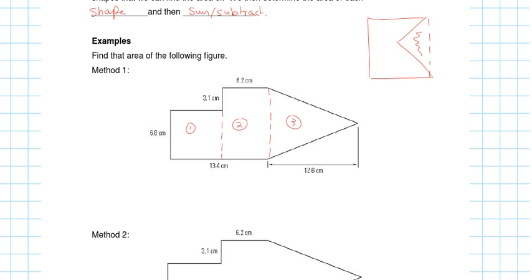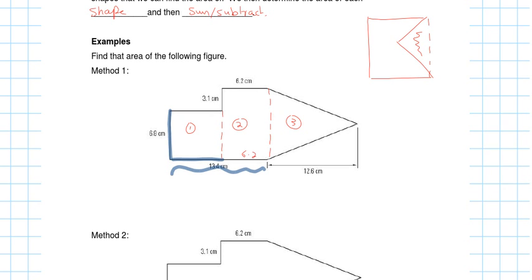For each rectangle. So I know for rectangle number 1, I have this as 6.8, but I don't know what this is, 7.2. Right? How did you find that? 13.4 minus 6.2. Exactly, right? So you know that this whole thing here is 13.4, and you know that this part, which is similar to this part, is 6.2. So you know that this is 6.2, okay? So you're going to have to subtract the 6.2 from the 13.4. You said it's 7.2. Okay? So you see now for shape number 1, I have 6.8 and 7.2.